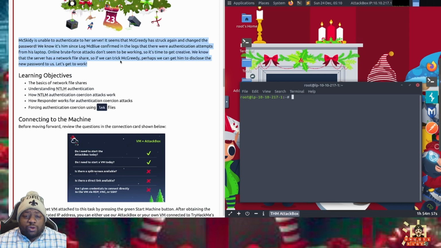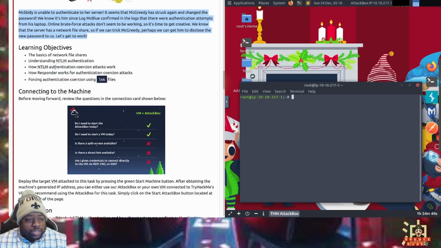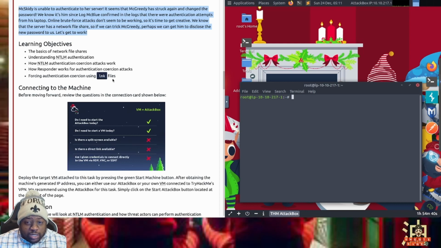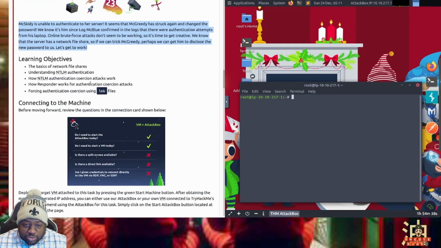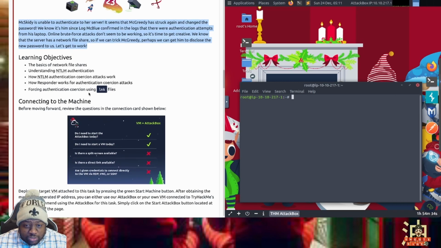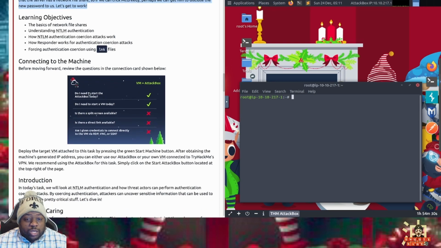Let's get to work. The learning objectives today are the basics of network file shares, understanding NTLM authentication, how NTLM authentication coercion attacks work, how Responder works for authentication coercion attacks, and enforcing authentication coercion using LNK files.